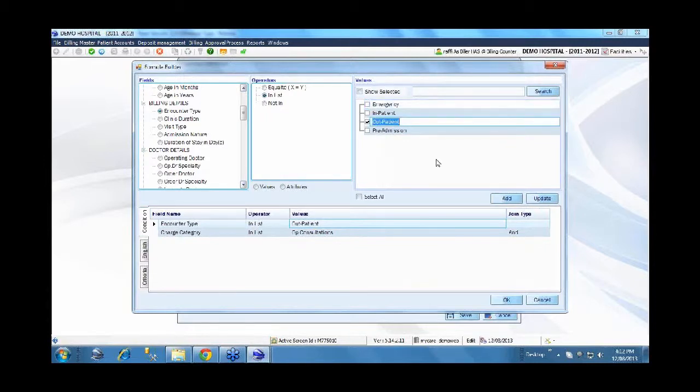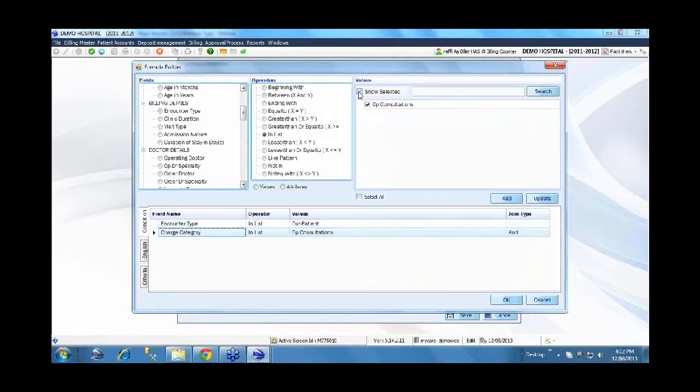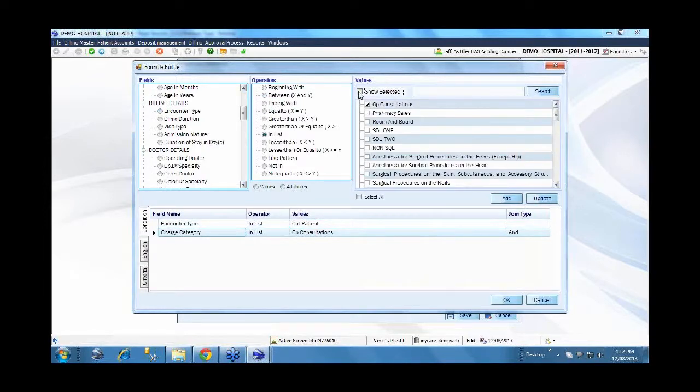So I am saying encounter type is outpatient, and then there is an and condition. There is another condition I want to check, which is the type of service I am billing for that patient, whether it is related to consultation. How do I identify that? I have the field information relating to the charges or services.